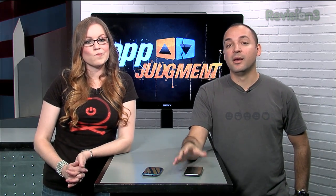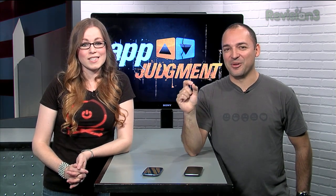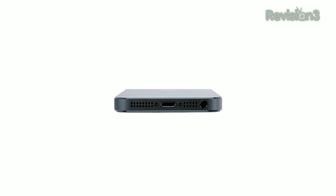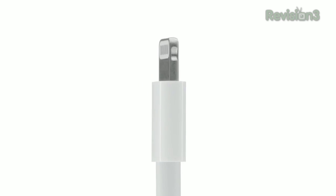I should mention the S3 is using micro USB, which is also a USB 2.0 standard. So they're both the same. They are the same, except Android's so universal. Don't confuse Lightning with Thunderbolt. Yeah. Thunderbolt and Lightning. That's just a big fancy word to make you think it's impressive. Yes. So shame on you, Apple. Shame on you. All right, we're going to finish off with a few more spec comparisons in a sec, but